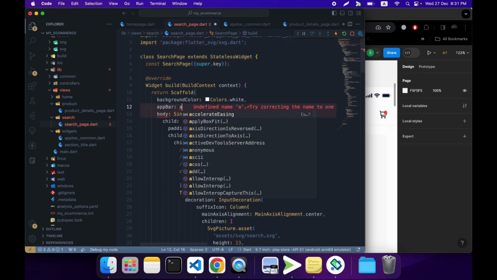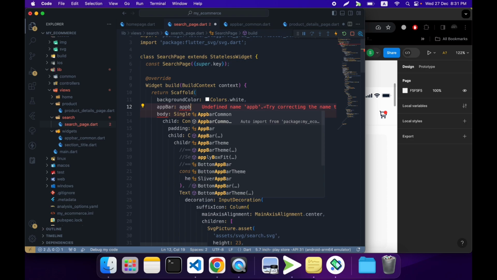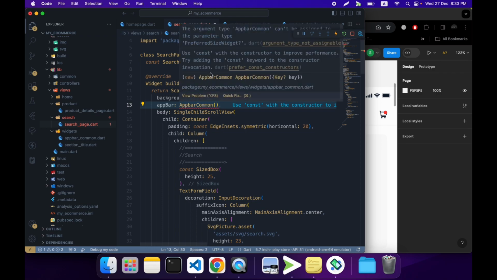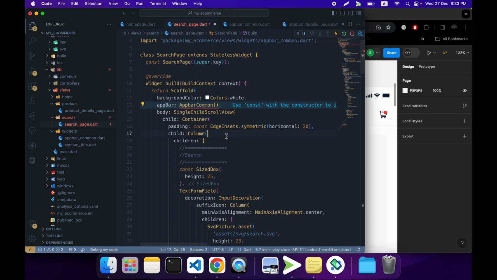And simply call the appbar common class that we have created. It is showing an error. If we hover over this, it says the argument type appbar common cannot be assigned to the parameter type preferred sized widget. So to fix this problem